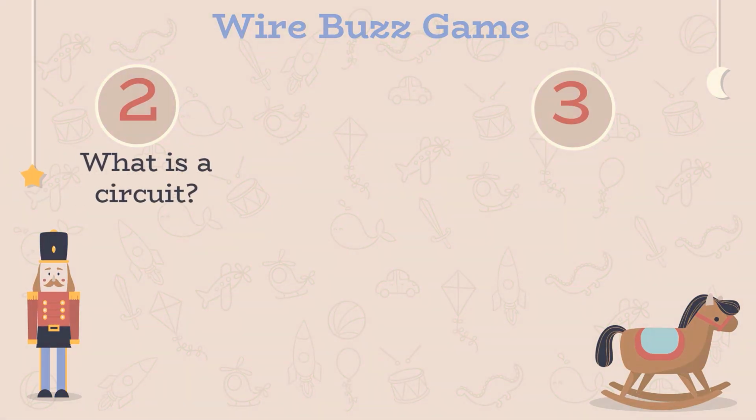What is a circuit? A circuit is a closed path or loop around which electricity flows. A circuit is usually made by linking electrical components together with pieces of wire cable. What is a current? Current is defined as the flow of electrons in an electric circuit. The flow of electrons occurs due to potential differences. The current is also known as the rate of change of charge with time.